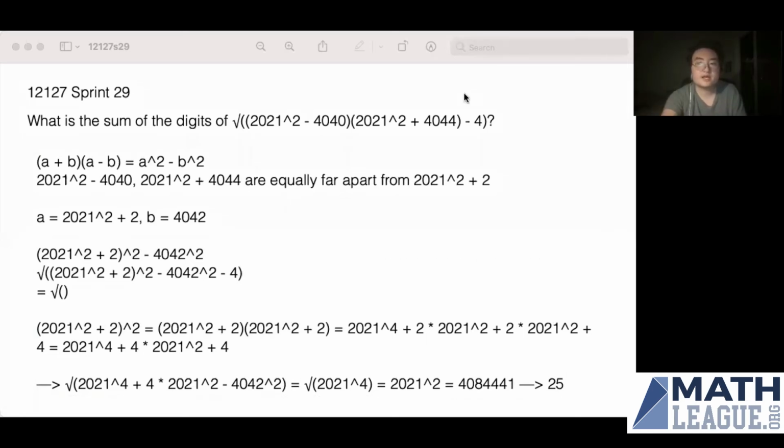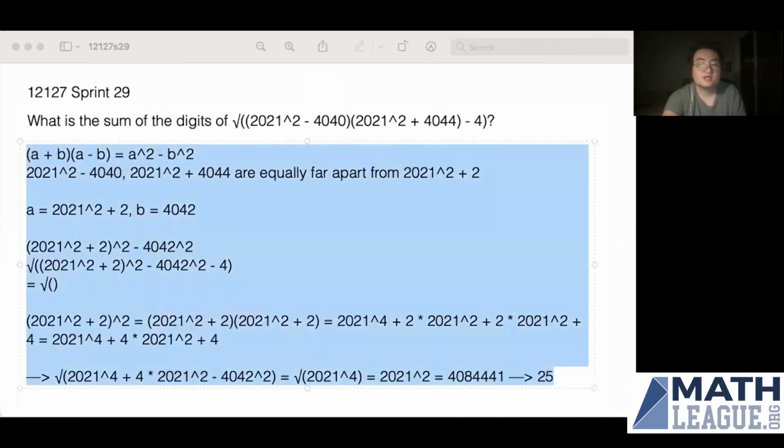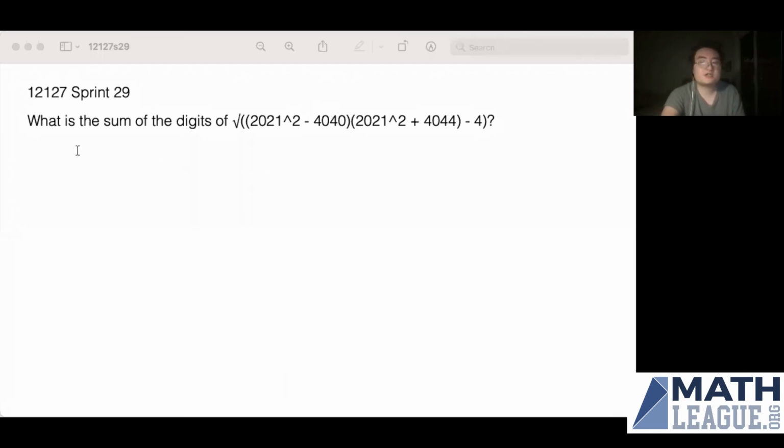So I'm going to go ahead and just erase what I have here, because this is a fundamentally different solution. What we're going to do is let x equal 2021. Then we can rewrite the expression under the square root sign more generally as